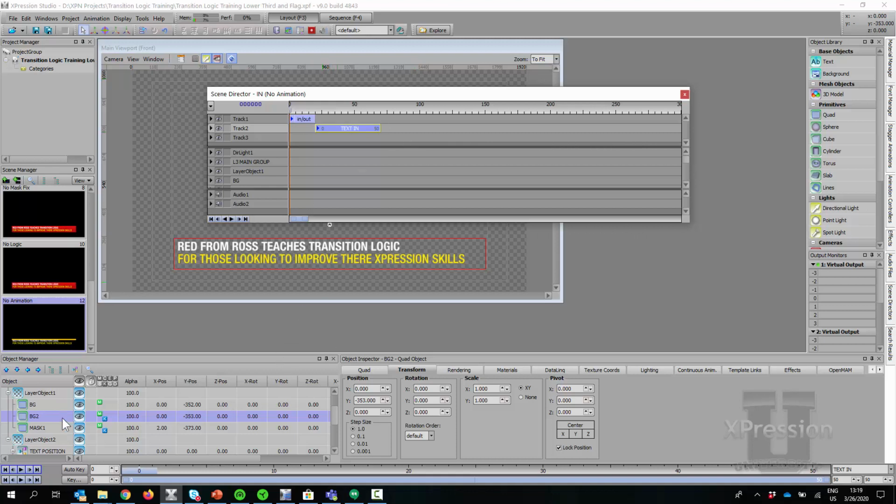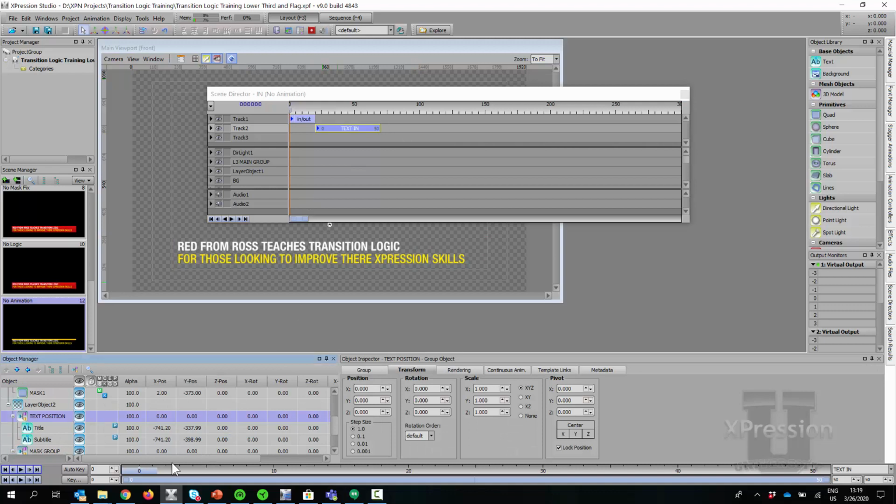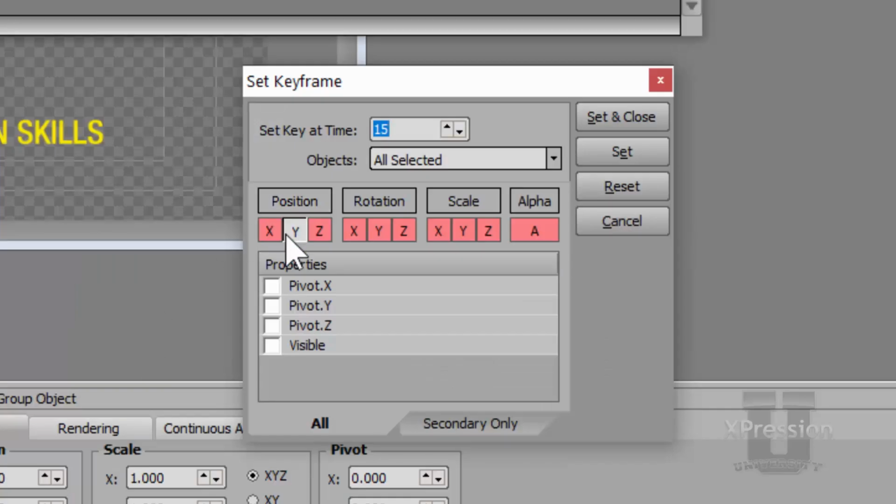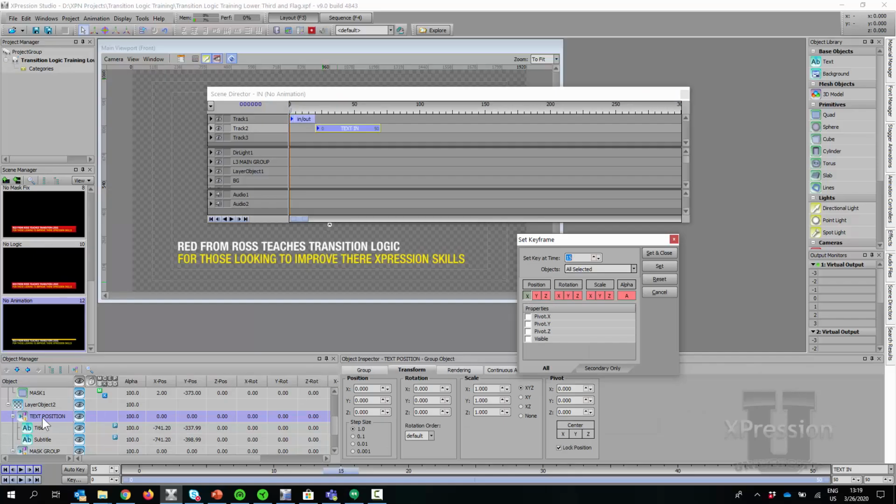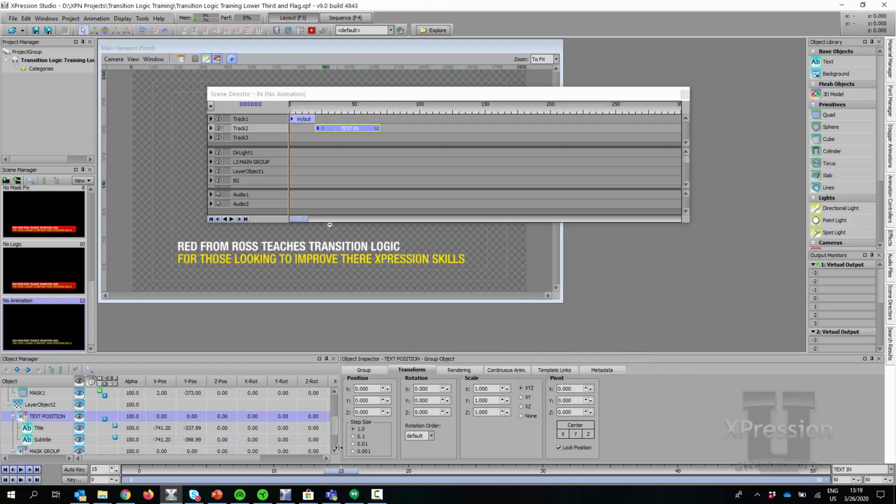Okay. And we need to go and find our text position group. And at the moment it's in its end position again. We'll make the text come in a bit quicker. Let's go with 15. And we will make a keyframe. This time we're going to do it on X instead of on Y. And I'm doing the group so they both come in together. Set and close.